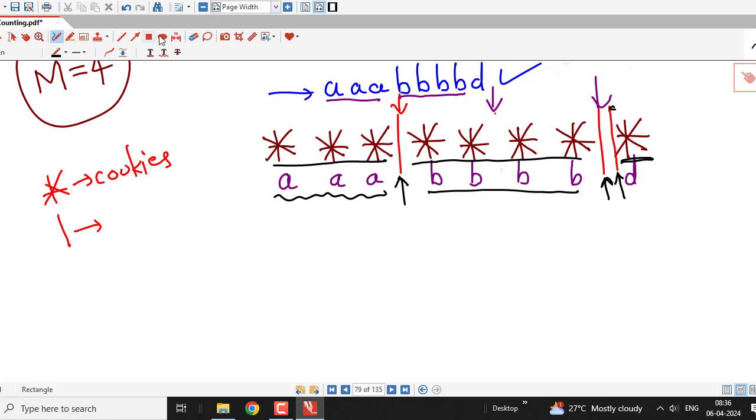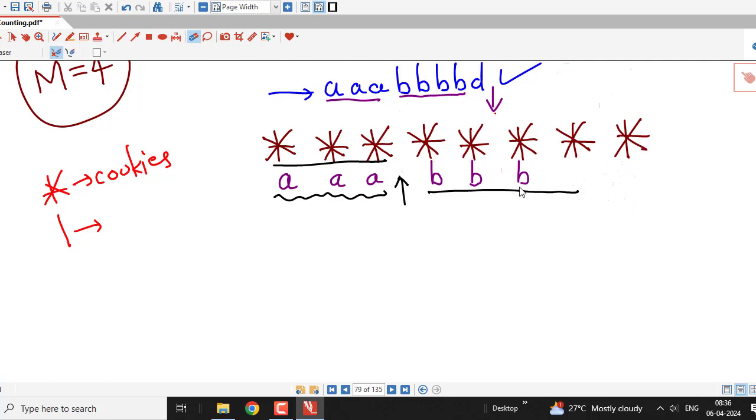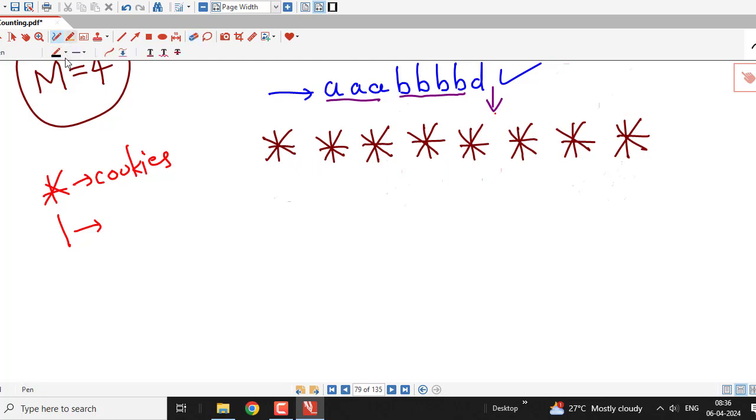Suppose now instead of putting these 3 bars at these positions, I am changing the position of bars. Suppose I select the position of bars here. Suppose I am writing 3 bars here, and suppose here. Then corresponding to this, I will get the selection. First I write A. Now because I am having a bar, I will write B. Again I am having a bar, so here I write C. Again I am having a bar, so I will write this.